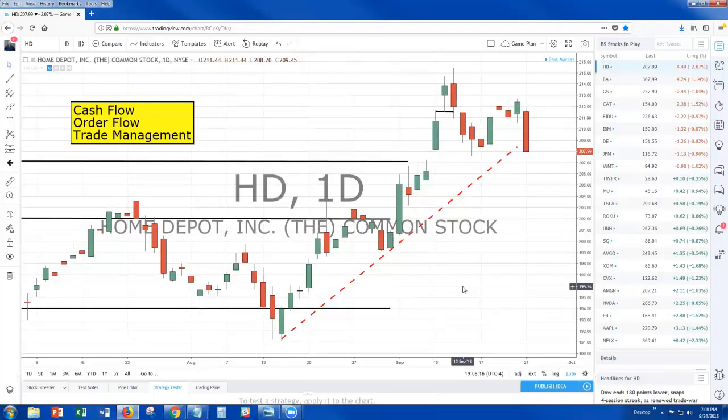Nobody on the planet will ever convince me that what I just showed you doesn't work. It absolutely works because there's no other way it can be. If you're trading with the big money, you can be a little bit more aggressive. So your trade management is decided before the trade. If you're trading against the big money, your cash flow is the trade, and your trade management is known before